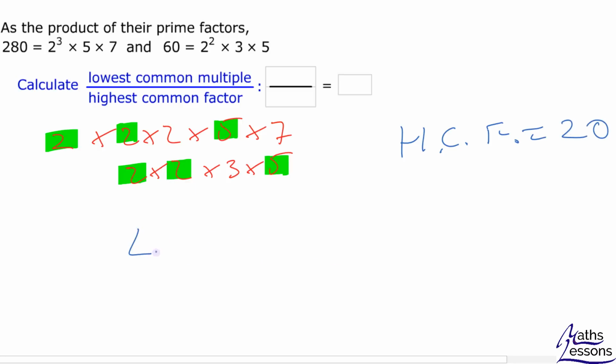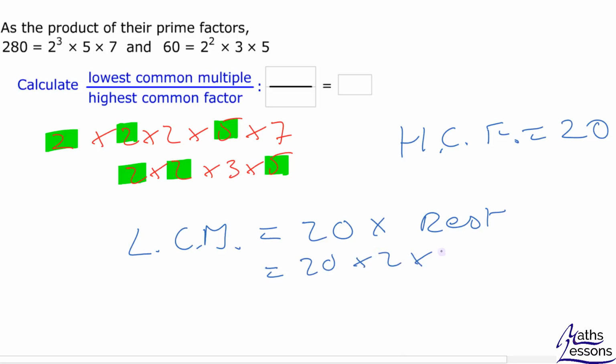Now the lowest common multiple will equal exactly the same as the highest common factor times by the rest. The rest being the 2, the 7, the 3 that we haven't got accounted for. So 20 times 2 times 3 times 7. So we can therefore realise that the lowest common multiple divided by highest common factor, well, we just cancel those two things out to leave us